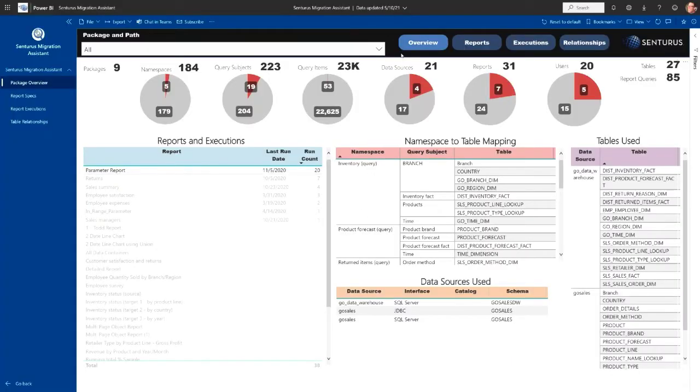After collecting data from your Cognos environment, the Migration Assistant generates this interactive dashboard featuring high-level KPIs and interlinked tables that provide a comprehensive view of your Cognos environment. The navigation bar at the top allows you to toggle between this overview or specific dashboards that focus on reports, executions, and relationships. The top of the overview page shows the overall statistics of your environment, such as the number